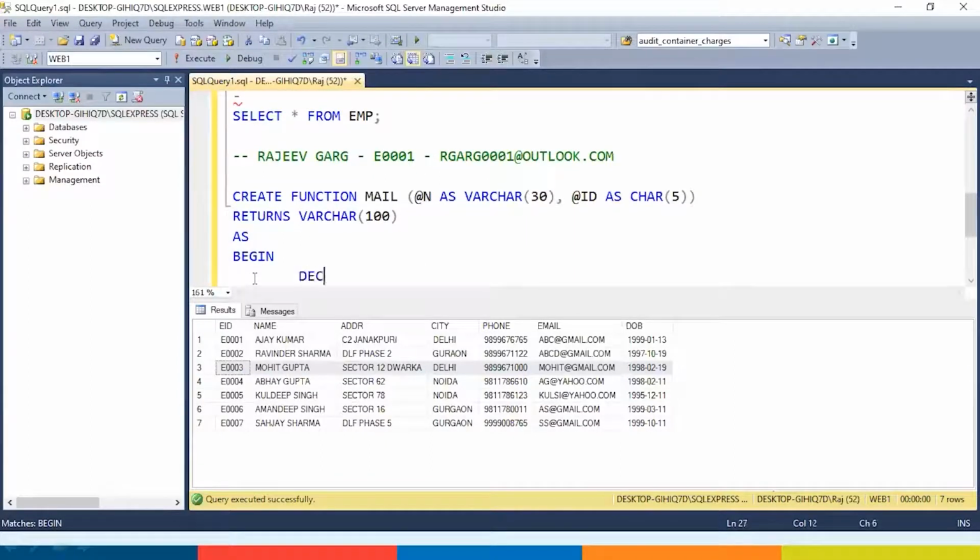Declare @id as varchar 100, and I will rename this because we have already taken ID as a parameter.